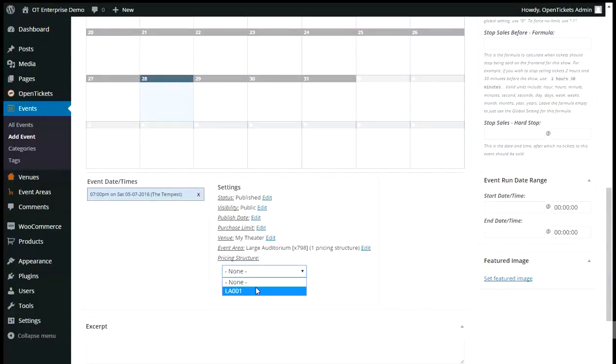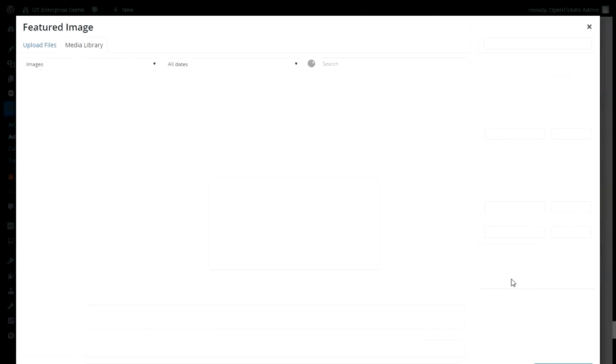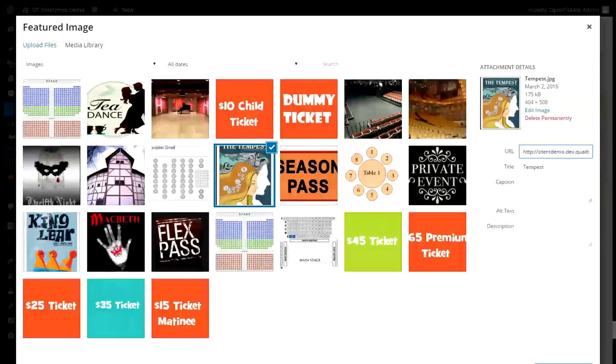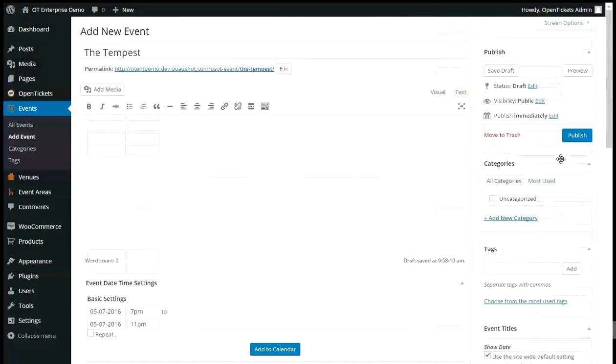And the pricing structure to be LA001. Having done that, let's now set the featured image for that event. And here is our image for the Tempest. That's all set in. So now if we go to publish that event,